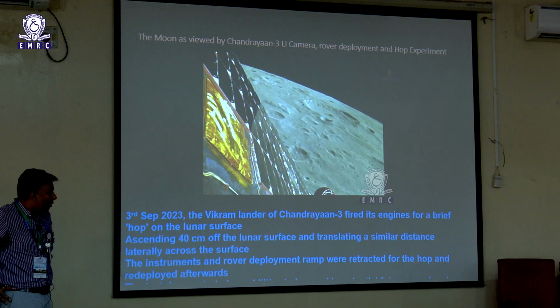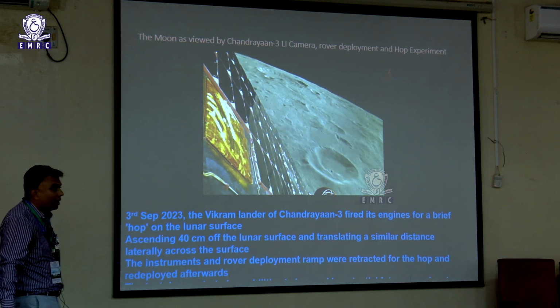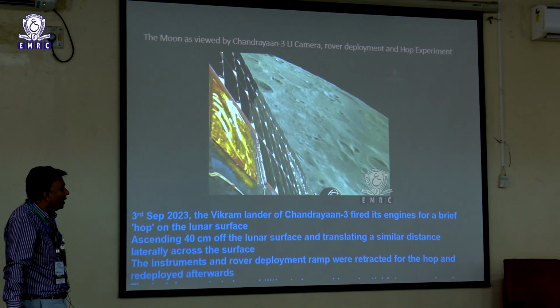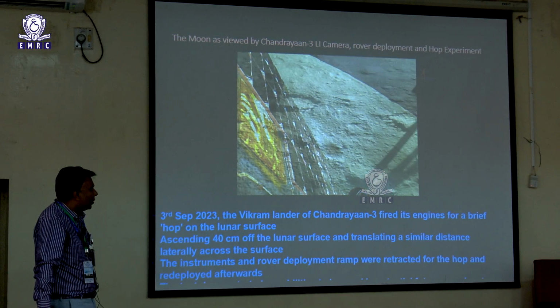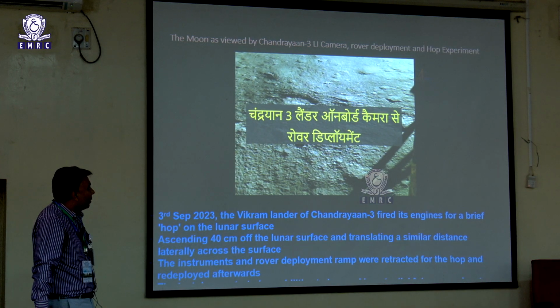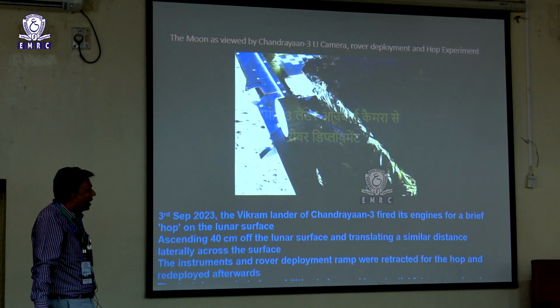In Chandrayaan 3, we defined a very large geographical area for the landing. In Chandrayaan 2, we had a very small area. So that created some problems, so this time we identified a very huge area for the landing. So it can be landed anywhere. Now the onboard camera and the rover, see this is the panel deployment once landed.